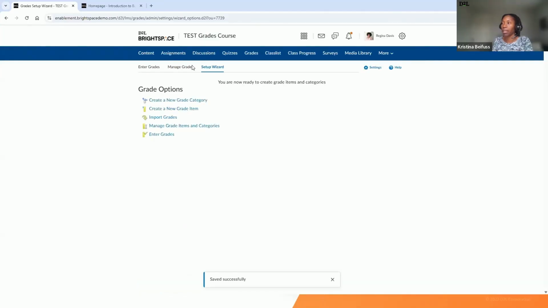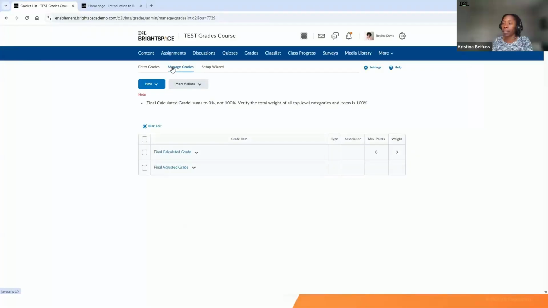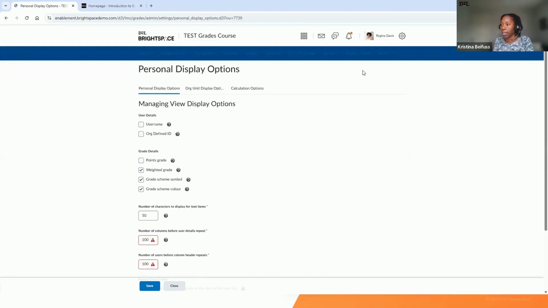And so my grade book is set up, and I can then click on Manage Grades to begin to set up grade categories. Before we move on any further, I just want to draw your attention to the settings cog over here. So the setup wizard took me through the 7 steps of setting up the gradebook. If I would like to make any changes and I don't want to go through the wizard, I can click on settings here,